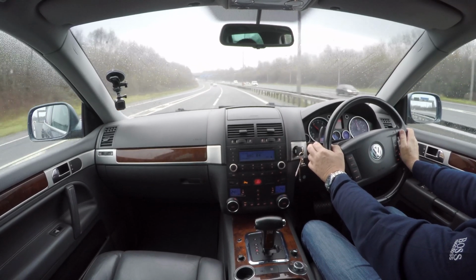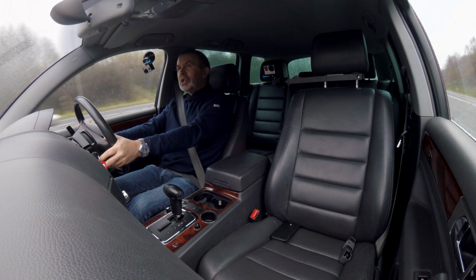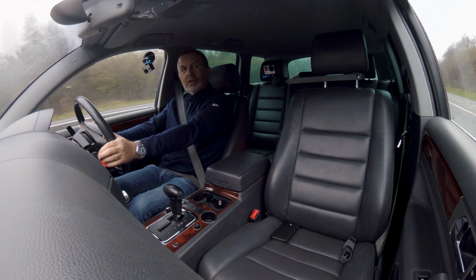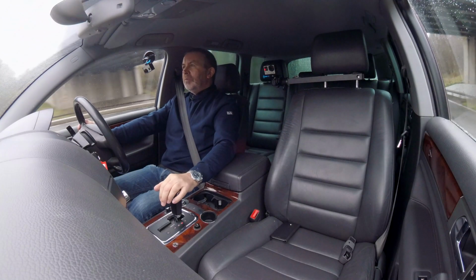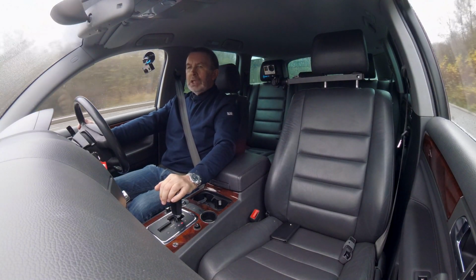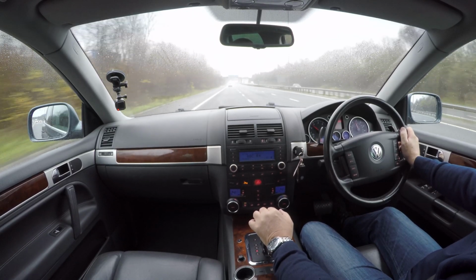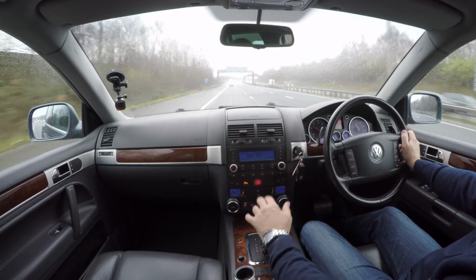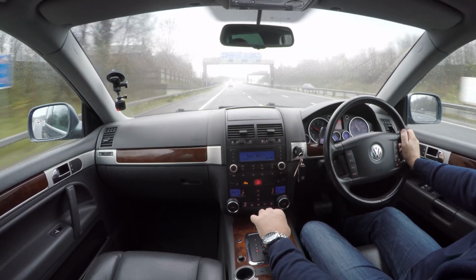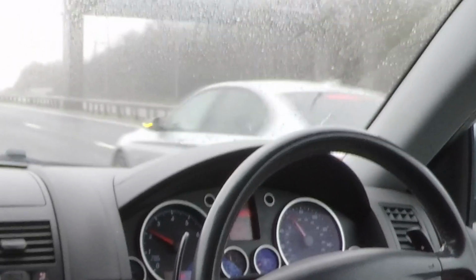I was going to suggest it would be great for green laning, but it would actually be a bit of a shame to use this very nice vehicle to do that sort of stuff. But certainly if you live in the country and you just need a second vehicle that you don't do many miles in, but need it to be able to get to the shops or out of town or to work when the weather's bad,